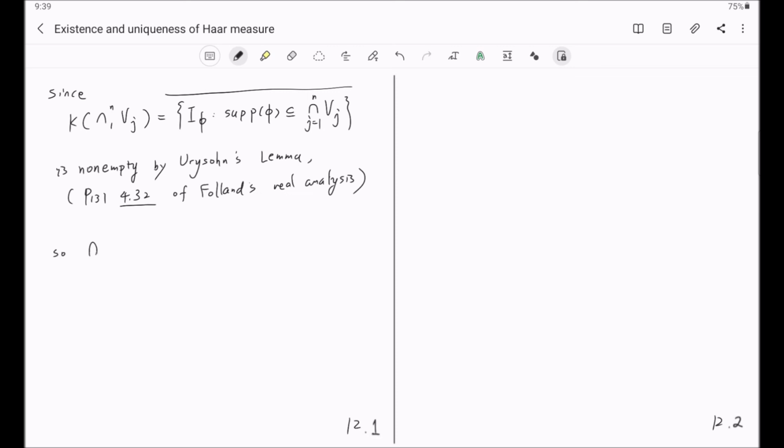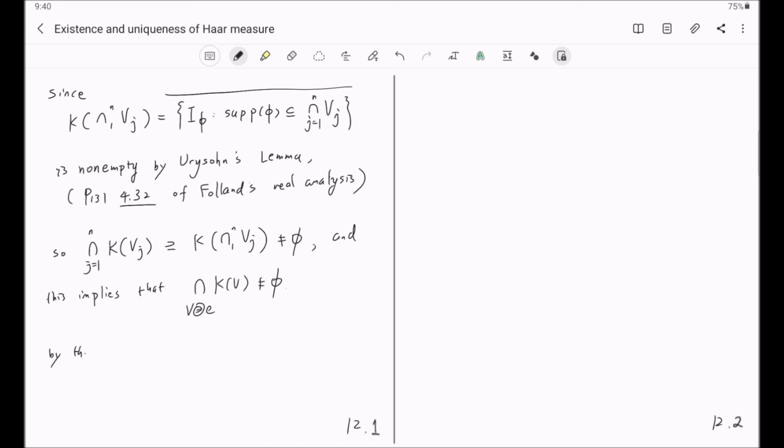So the intersection of K of V_j's, where j is from 1 to n, which contains K of the intersection of V_j's, which is non-empty, implies that the intersection of all the K of V's, where V is an open neighborhood of e, is non-empty